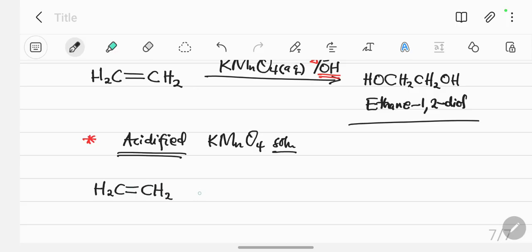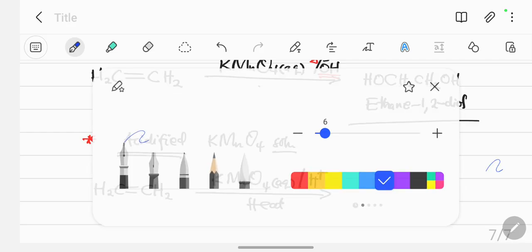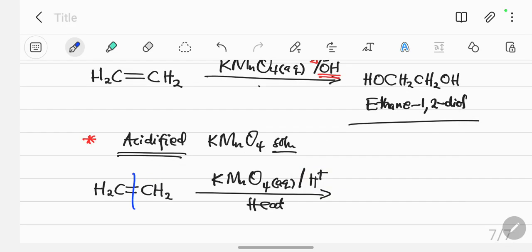CH2=CH2. When I add in potassium manganate(VII) aqueous, and I add in an acid and I heat. Remember, this one you heat, this one you don't heat for the alkaline, but for the acidified, apply some heat there. So what it does, it's going to break this in the middle, and the product is going to be